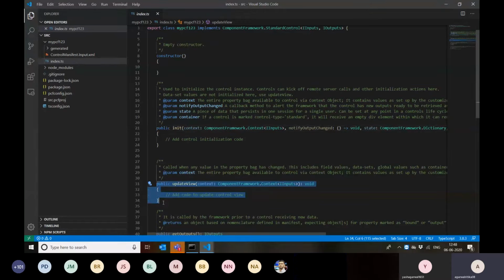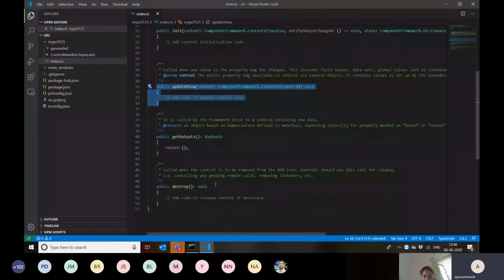This is where the update view function comes into the picture. As soon as I make any changes to any of the values or the parameter properties, this update view function is going to trigger. Then I can handle, okay, when this function triggers, what all do I want to update? Do I want to update some value on my component, and what all do I want to do? That is something we can configure in the update view function.